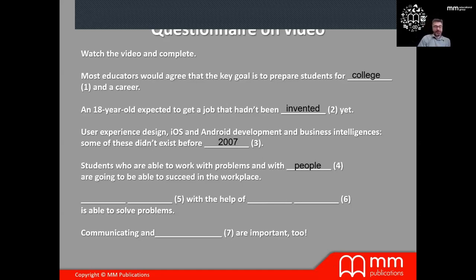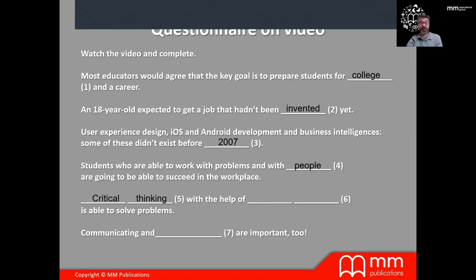All right. Now, the next one, we need two words here. With the help of another two words, is able to solve problems. It's going to be the answers here. AI, some of you are saying. Anybody else?